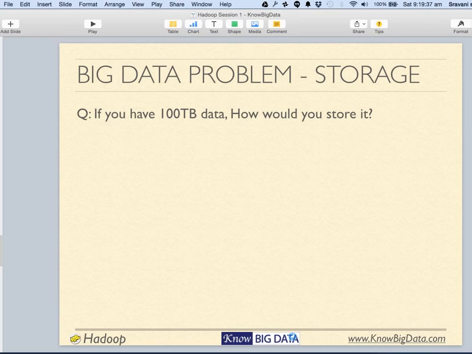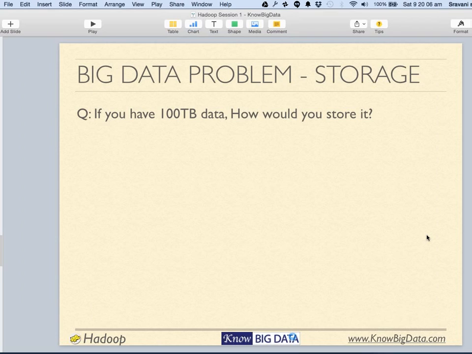How would you build 100 terabytes of storage? Anybody? Anyone?